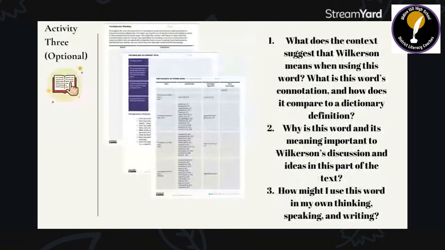For this next optional activity, students will use their vocabulary journal and vocabulary list, which they will maintain for the entire unit. They might use a vocabulary and context tool for words they can decipher from the text. For others, they might use morphology to decipher the meaning, or a reference resource to check if their meaning is accurate. For some words, the teacher might present them with definitions. Working as a whole class, students review the vocabulary list for part two of the text. Students locate the words as they are used in the text, referencing the provided page number, and consider the questions on the screen for each term, then write down each key word with their notes about its meaning and importance